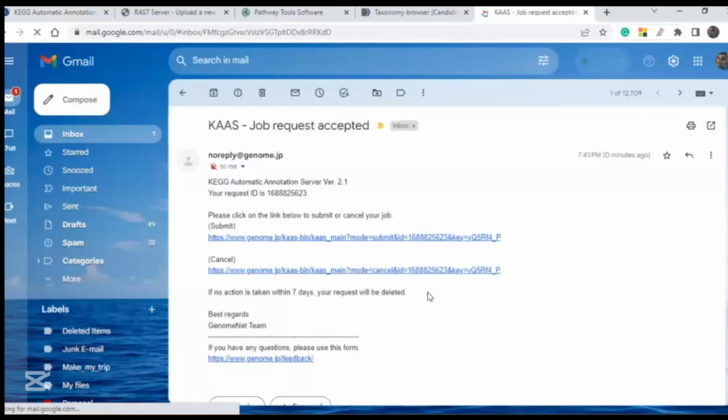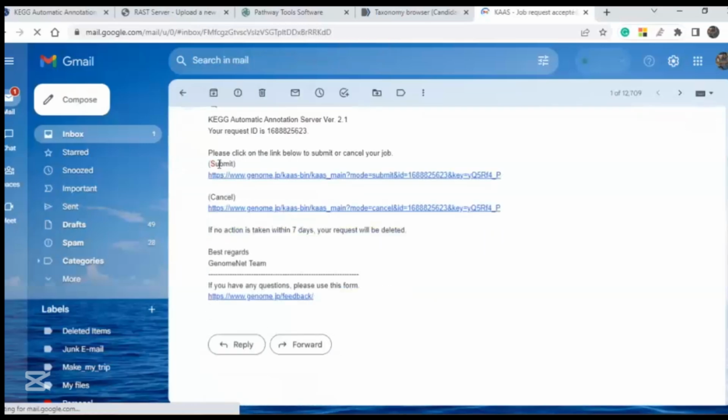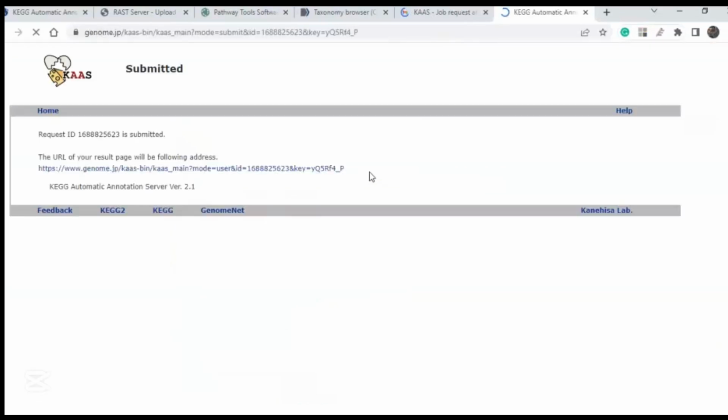Right? Here you can submit the job or cancel the job. So you just click on here, submit the job. Then on this page, you will see the link to download the database result here. So it will show you how the process is running,